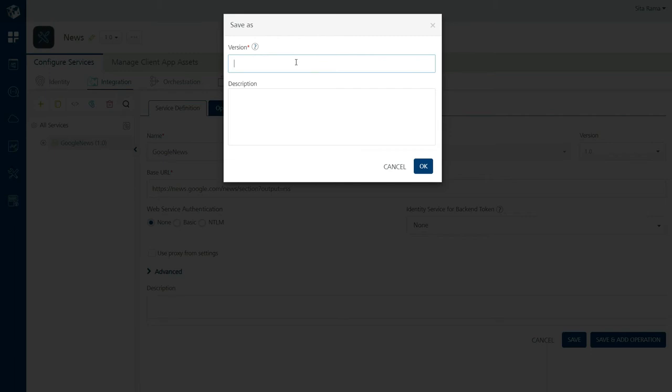I am giving the version number as 2.0 and a description to identify what this version is for. So basically we are going to define one more operation inside this 2.0 version of the Google News integration service, along with the operation that we have already defined earlier.